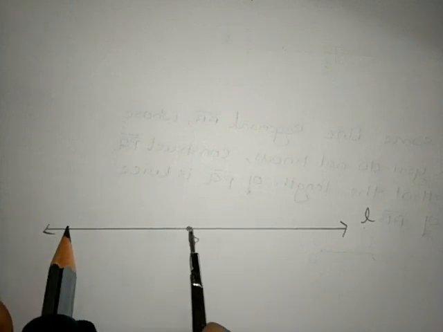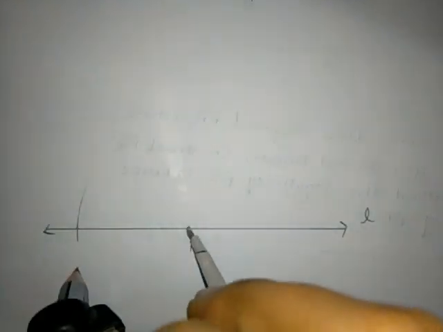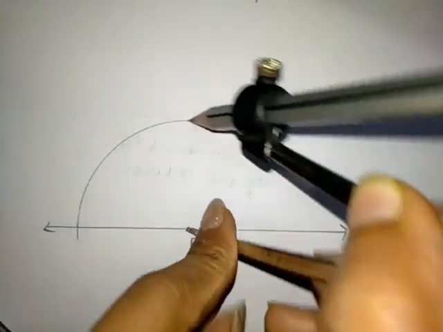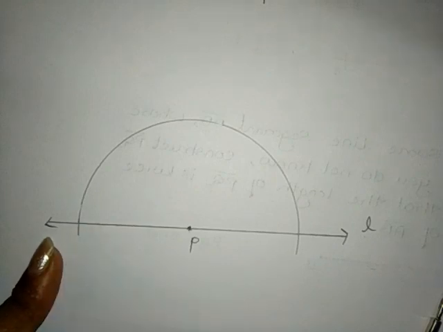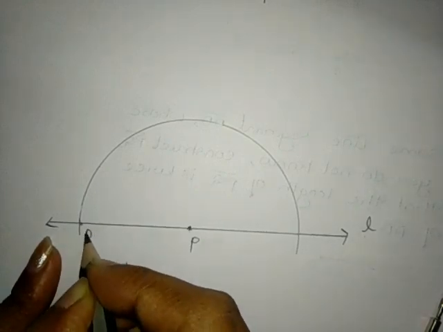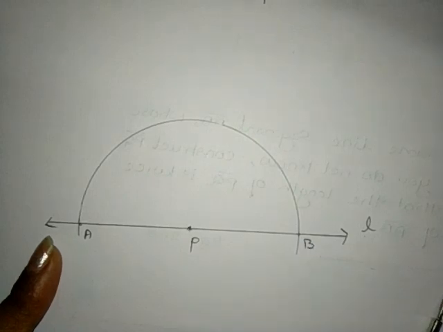For that, let us take a compass here. We'll take some length here. I will adjust this compass. There is no need of taking 5 cm or 2 cm in a compass length. Okay, we'll take some length here. Keeping the compass on the point P, we'll cut this line here. Which line? Line L is to be cut. You can see here the line L is cut at 2 points, and this point is called A, this point is called B here.